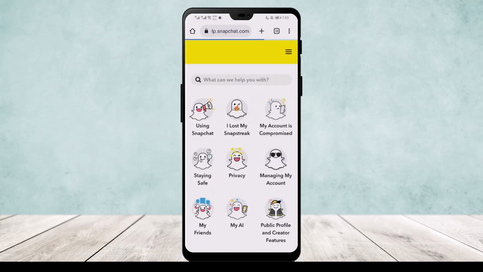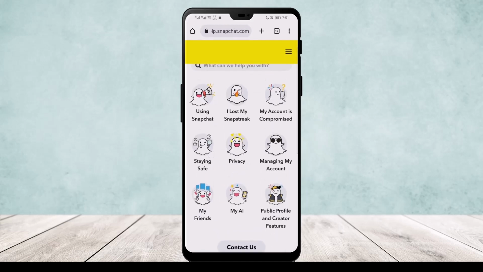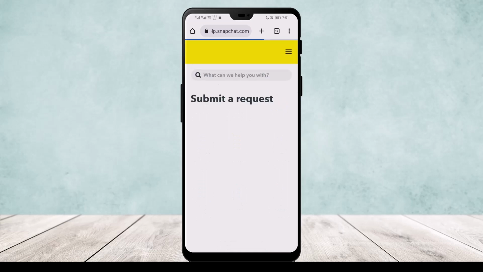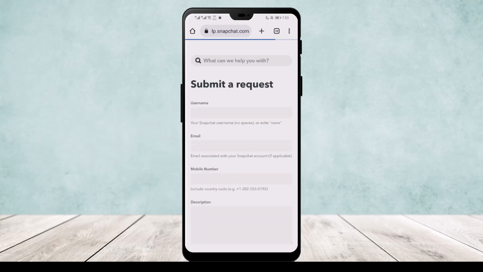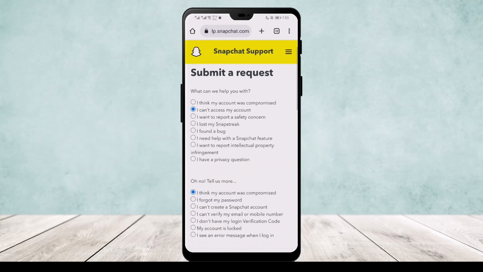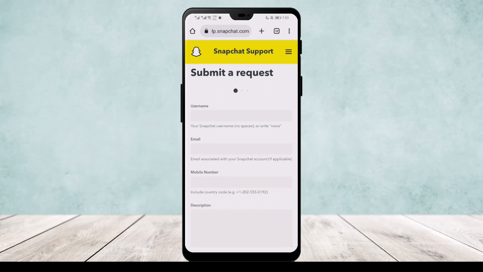Here you'll get a number of options and click on the option where it's written "My account is compromised." Now, once this loads up, you'll be asked to submit a request. Here, click on "I think my account was compromised"